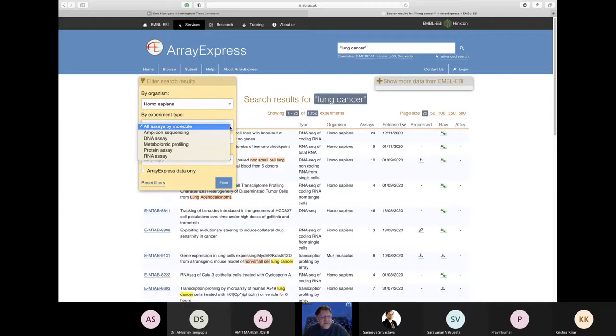I can filter based upon experiment type. So I can look at amplicons, DNA, metabolomic, proteomic, and RNA. I'm just going to select RNA. And here I can select on the assays that are used. So it could be an array, could be sequencing, and there are more mass spectrometry or cell methodologies as well. So Fluidigm multifluidics is effectively a way of looking at individual cells, and we're getting more and more single cell sequencing data being put on this sort of platform. So I'm going to select sequencing assay for now, because that will take me to something else as well, which